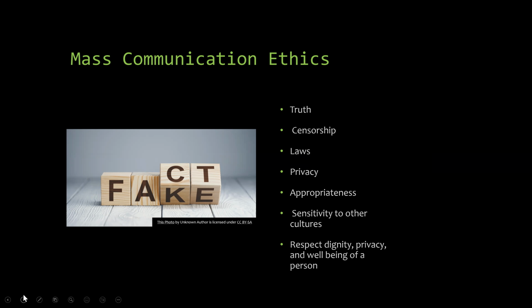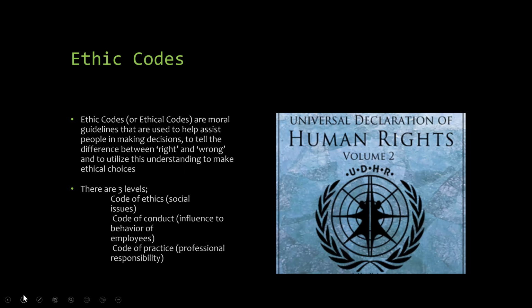So it's important to be aware that those are the standards we hold them to, but that they're not always followed. Now, an ethical code is actually something that's written down. It's almost like a rule. A lot of times when we think of ethics, we think we're going to have to engage in conversation because ethics are not black and white. But an ethical code is a guideline, written down, that distinguishes what is right and wrong instead of leaving it up to an opinion or choice.